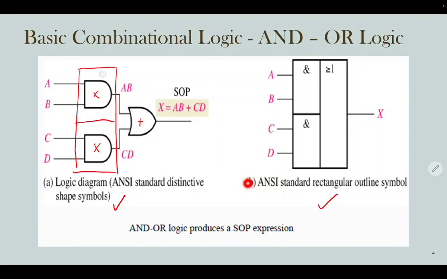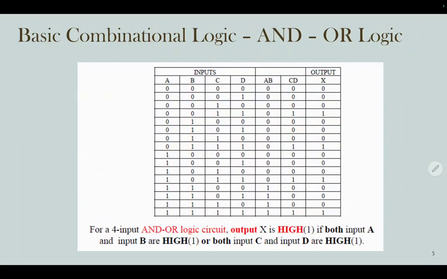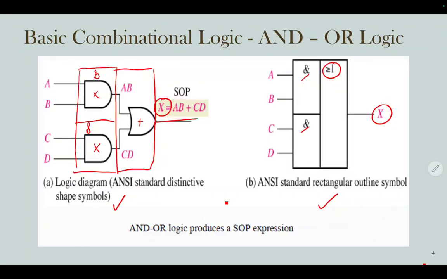So this one you got AND, this one you got AND, which is for 2 AND gates, and then you got the operation of plus here. So this one is represented by a plus symbol, and then you got the output X. So output X over here. So next, you have the operation of AB plus CD.